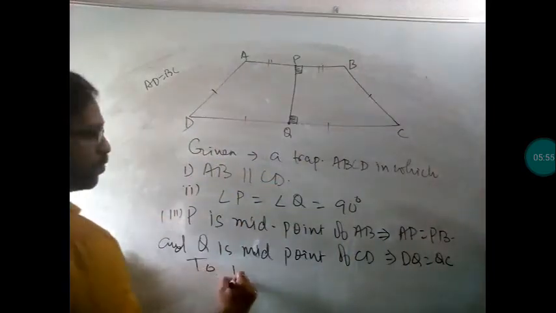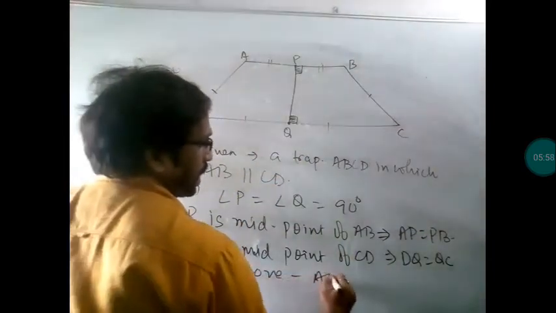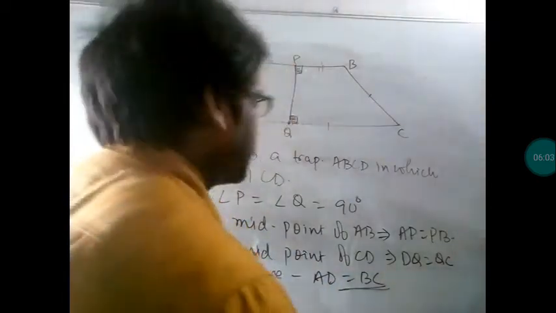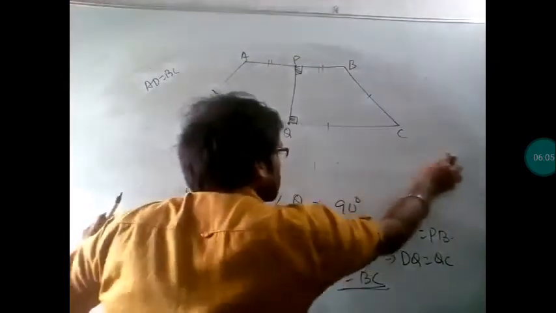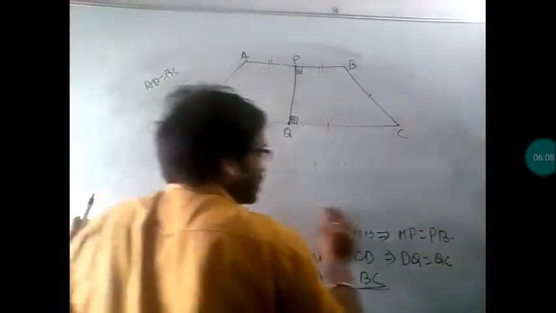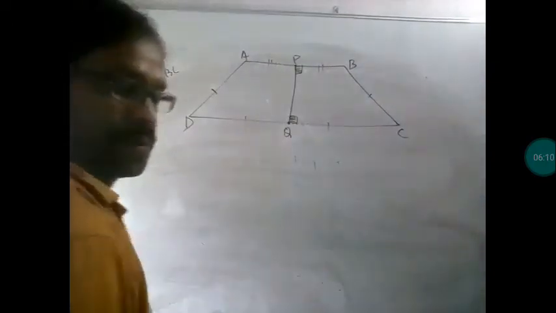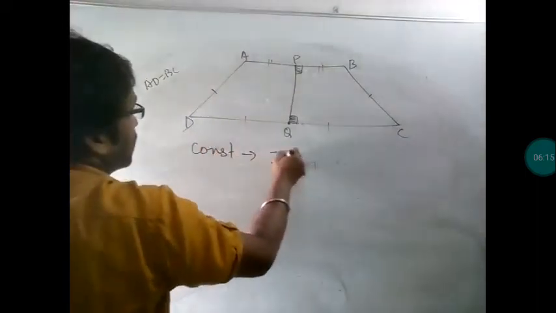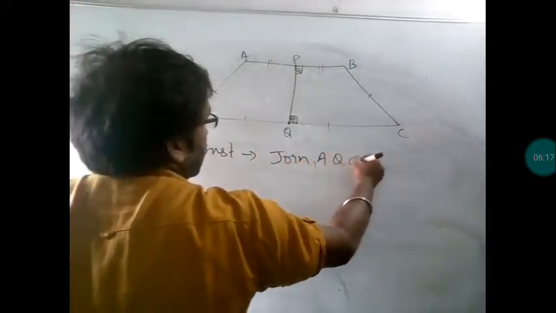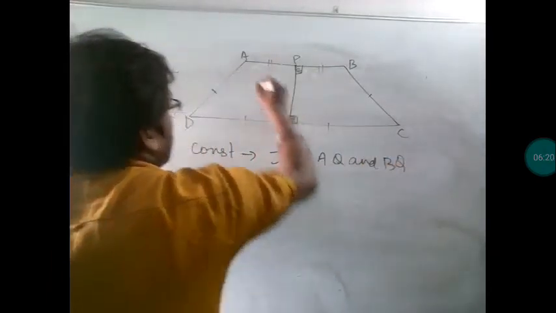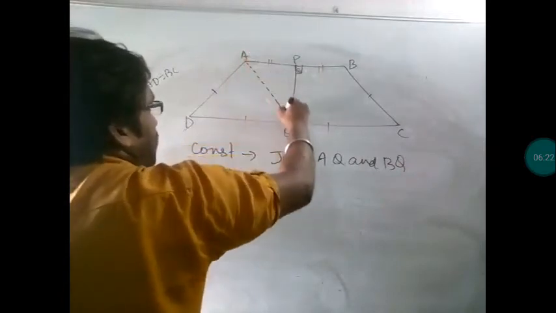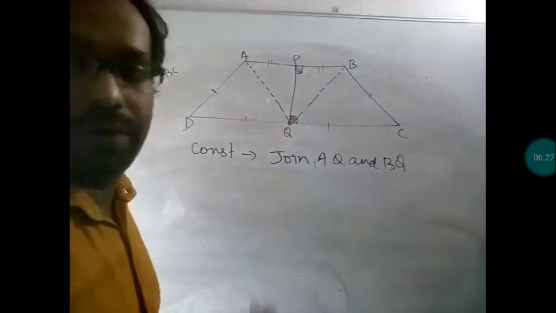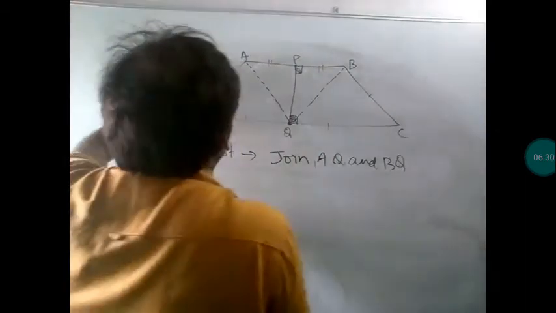Right now in this situation it's not possible, so I will do one construction. I'll also note on my solution page that I am doing one construction. What is that construction? The construction is that I will join AQ and BQ. Now if I join AQ and BQ, APQ and BPQ take the shape of triangles. Okay, that means we are going in the very right direction. We have to prove congruency.